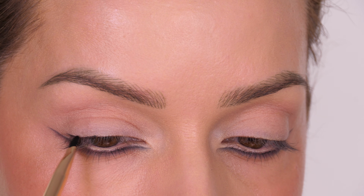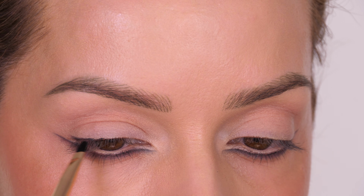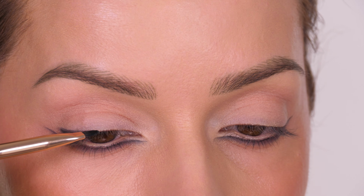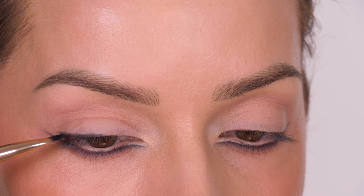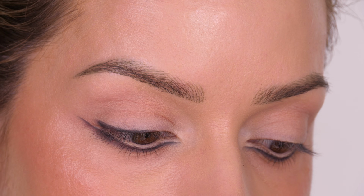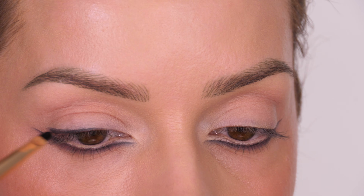Now for the top eyeliner, we want to load those bristles up with more of that eyeliner pencil by Lisa Eldridge and create small strokes to create a line across the top lid, making sure it's slightly thicker on the outer corner and thinner as we get towards the inner corner of the eye. Don't worry about it being completely neat because we are going to buff over it to create a soft top. That's why I've chosen not to use a liquid eyeliner, but you can use a liquid eyeliner if you prefer